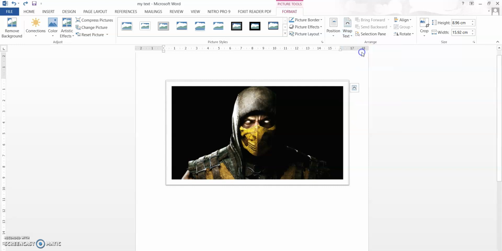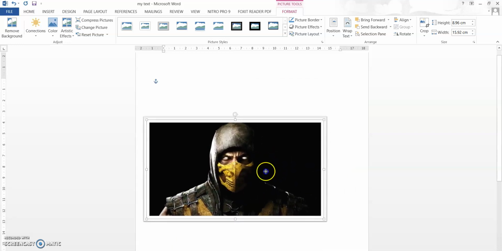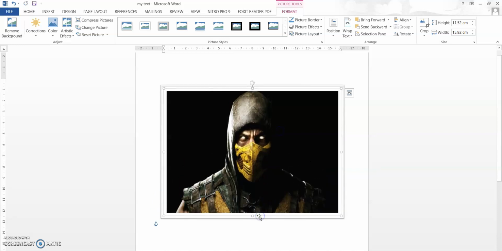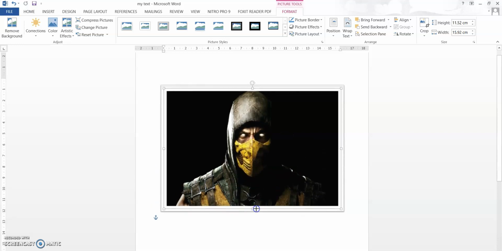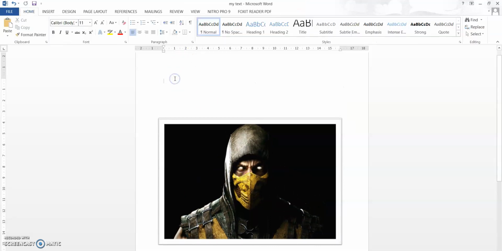So if I select the square option, then the wrap text can be adjusted, and I will be able to move this picture. Okay, and I will be able to resize this picture also in whichever way I want. Suppose now I want to add a text. Okay, so I'll move this picture here and I want to add a text here. So I'll put a random text.